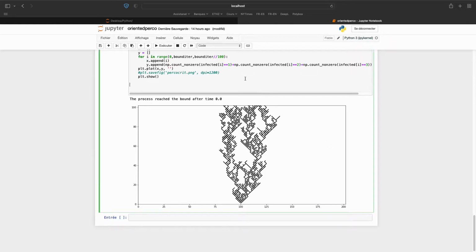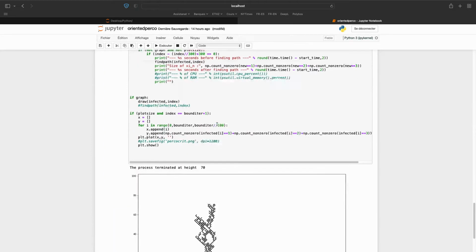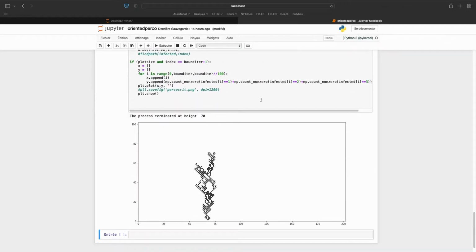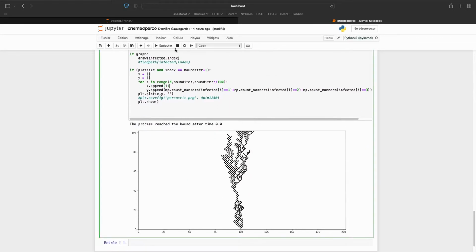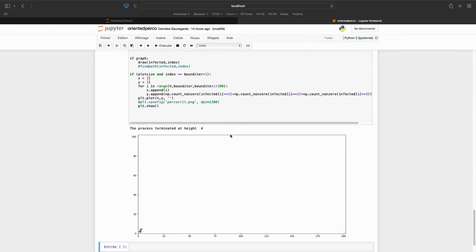So in this case, I was lucky. I managed to reach height 100, but maybe if I try again, I don't quite reach it. So it's slightly translated, but I only reach a height 70, and then I die out. And if I run it again, this time I survive barely, and this time I died out pretty quickly. So it's just over here, my little cluster. So this is kind of to show you that sometimes we're lucky and the process works well, and otherwise